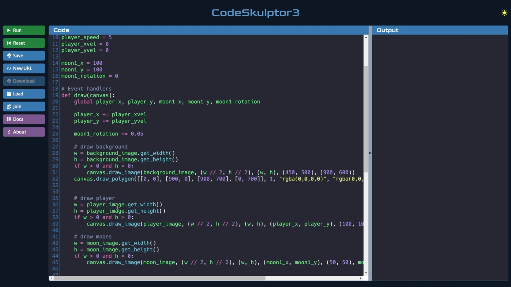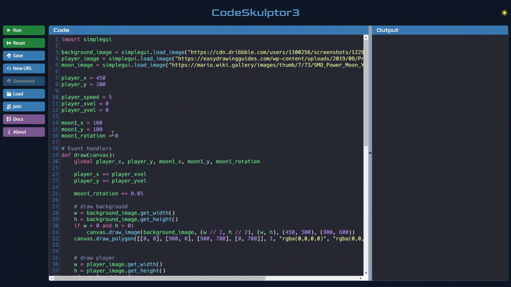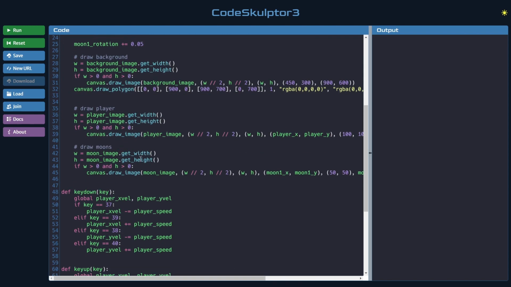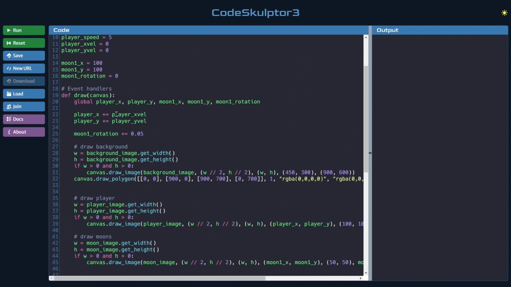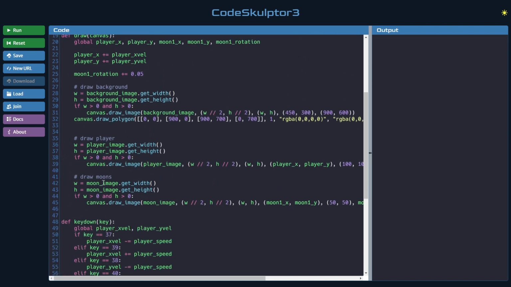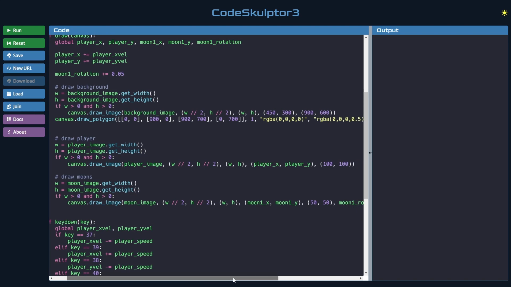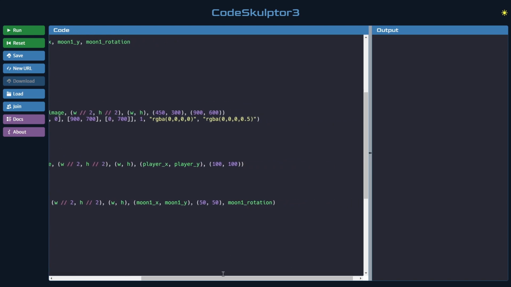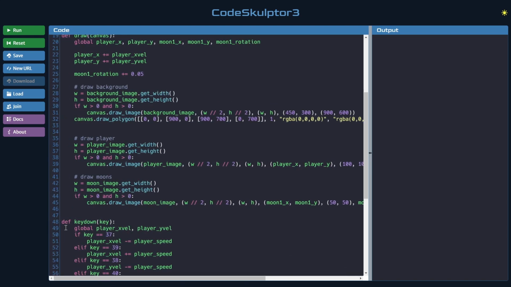Okay, so just to go over what we did there, we made a moon1 rotation variable. We slightly increase it every frame up here, and then we add it onto the very end of our drawing